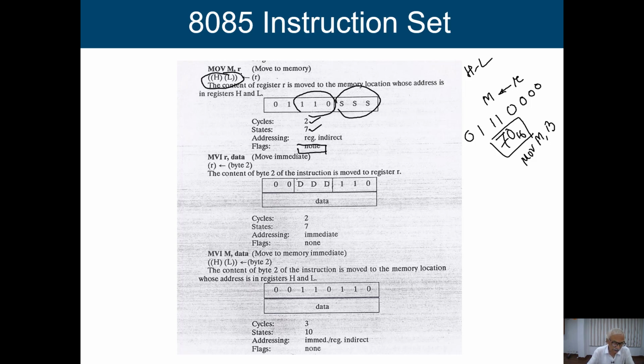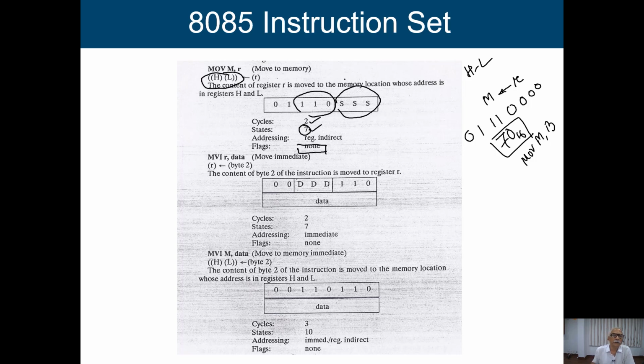Okay, once the address is identified, we are going to pick up the data and put it into a register. To perform this particular operation, we need a total of 7 clock cycles. So these are the steps it is saying. 7 clock cycles are required for executing this particular instruction, and these two are saying about 2 different steps.